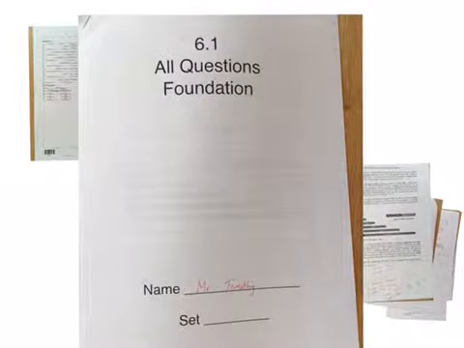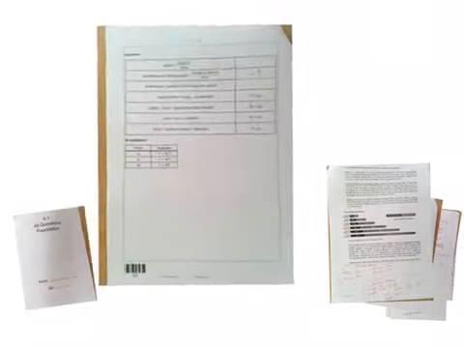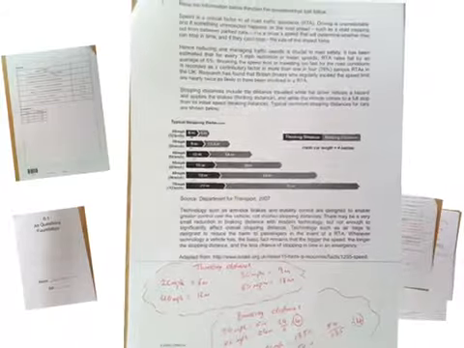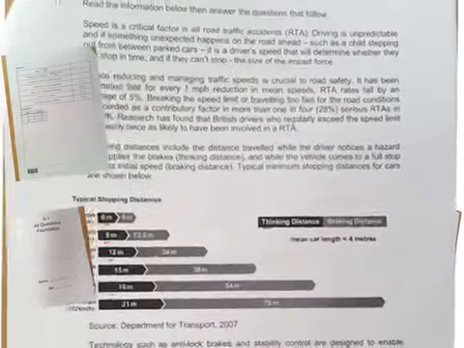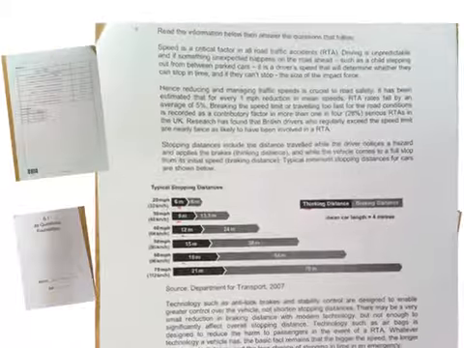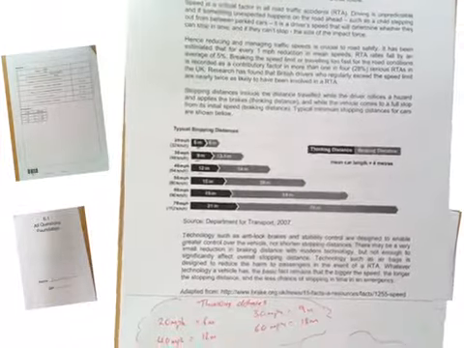So what I've done, I've put all the questions that I found from each exam paper and compiled them topic related. So this paper is for Foundation 6.1, so the distance time graph stuff. So I've got my formula sheet there, which is the foundation one, and then we'll go straight to the first question. Now the first thing you notice is there is a lot of information here, and I would always recommend